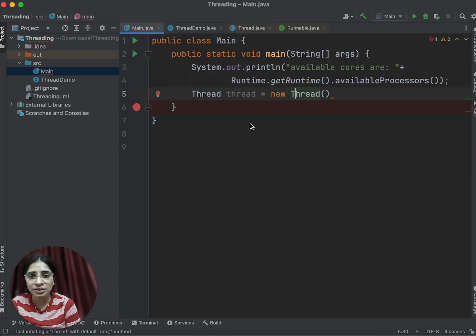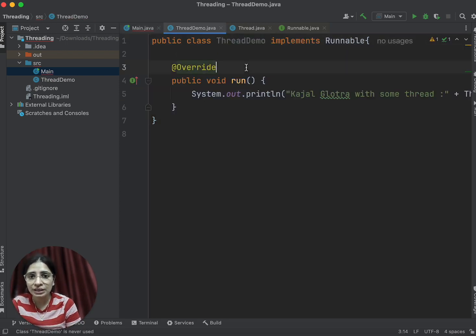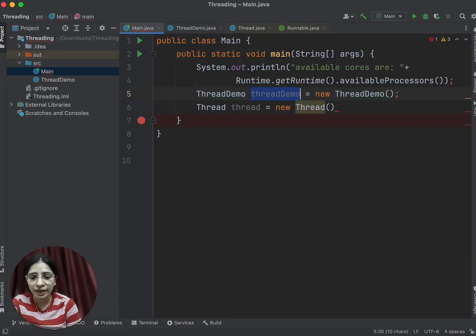Since Thread class is dependent upon Runnable, I'll have to create an object of Runnable first. ThreadDemo equals new ThreadDemo. Because ThreadDemo is a class implementing Runnable, I can create an object of it and pass it inside new Thread, because I want to pass the Runnable.